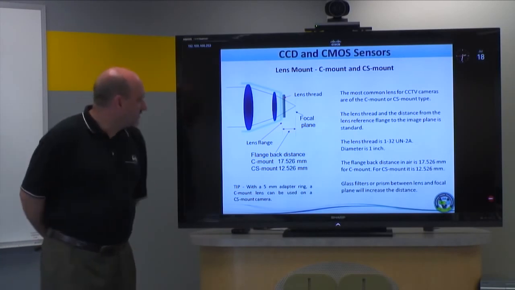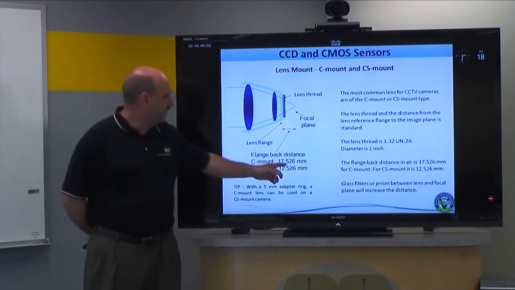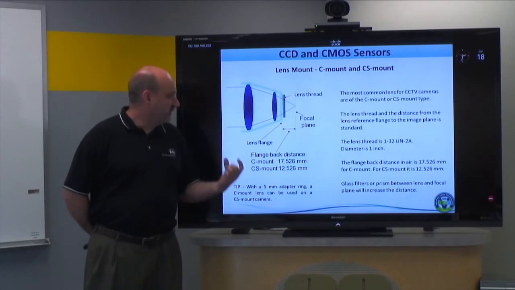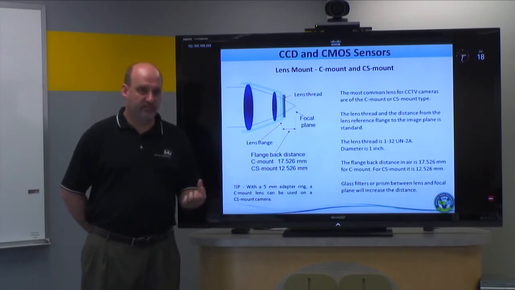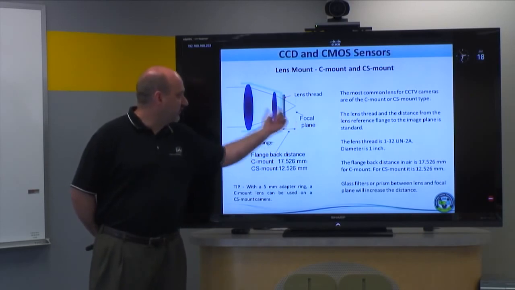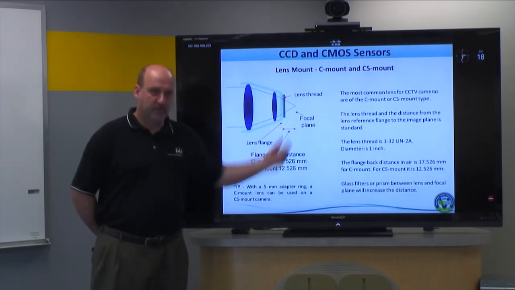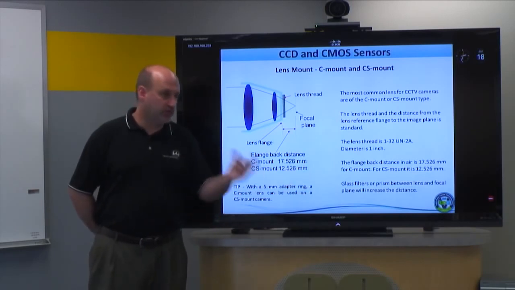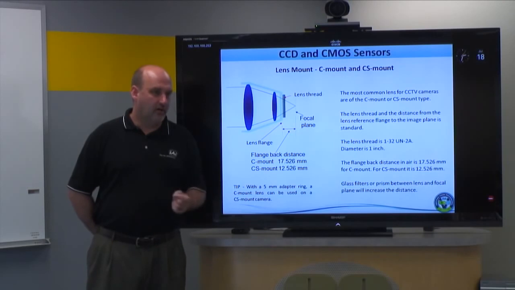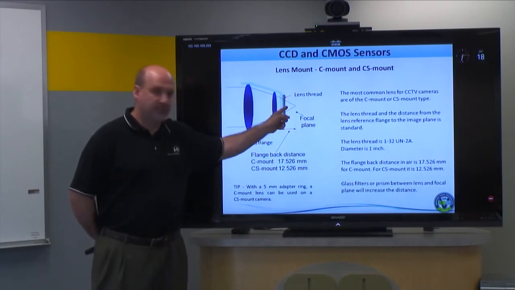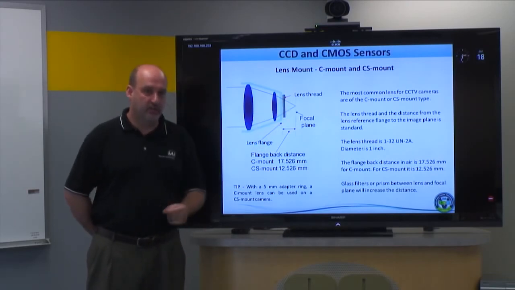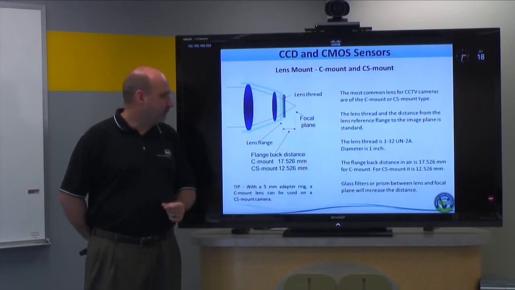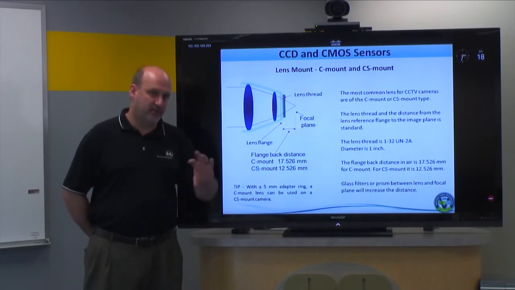The other thing we want to mention is these distances that we give are given in free air, or what we call effective distance. This is the physical distance if it were a single lens in free air. But cameras often have glass filters in between, protective windows on the imager itself, even filters from the manufacturers, color filters in color cameras, and sometimes users actually screw filters into the bottom of the C-mount threads and put them between the lens and the bottom of the threads. This is okay because you can adjust back to that